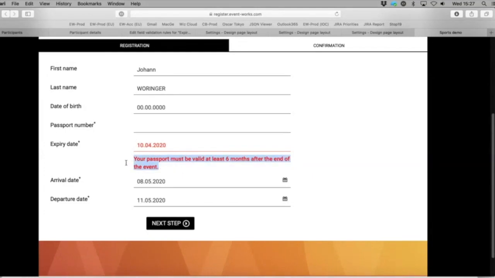You define your error message here, and this error message is part of our multilingual module. So if you want to have this in English, German, French, and Spanish or Italian, that is not a problem at all. What we have done for now with this release is that these validation rules are available for front office only, because that's our general attitude, saying that on the back office side of things, you know what you are doing, and we don't restrict you in your work,